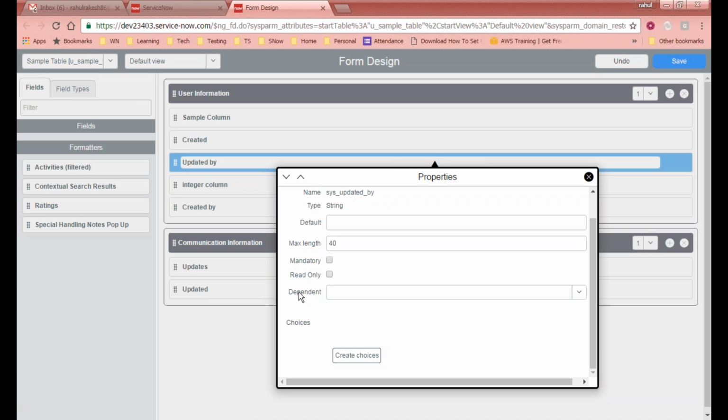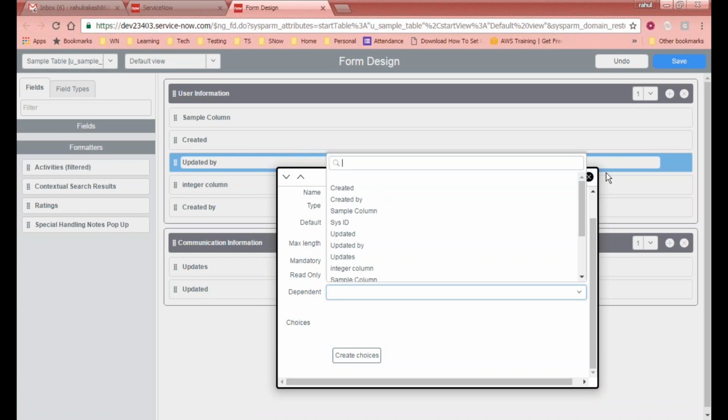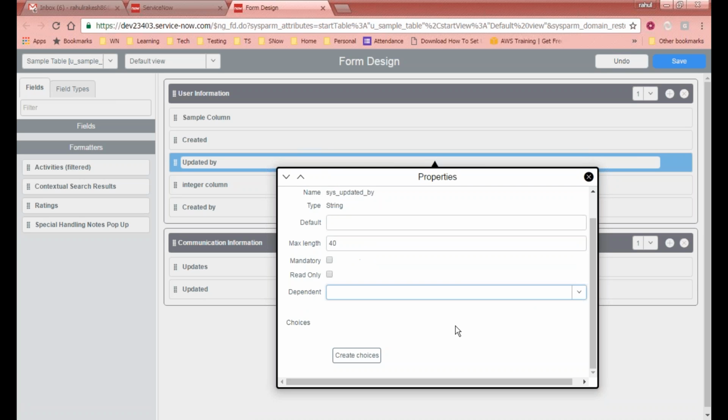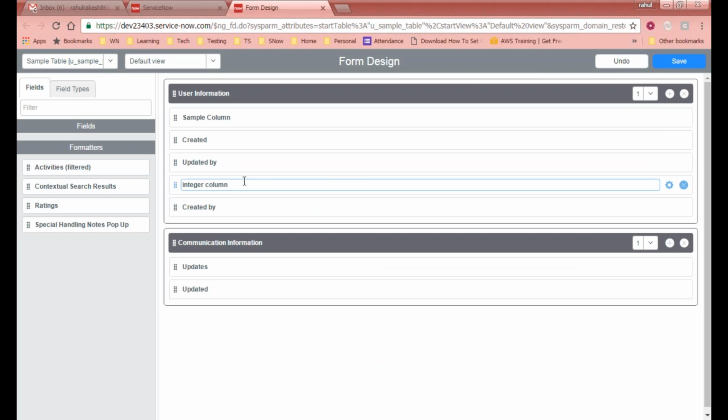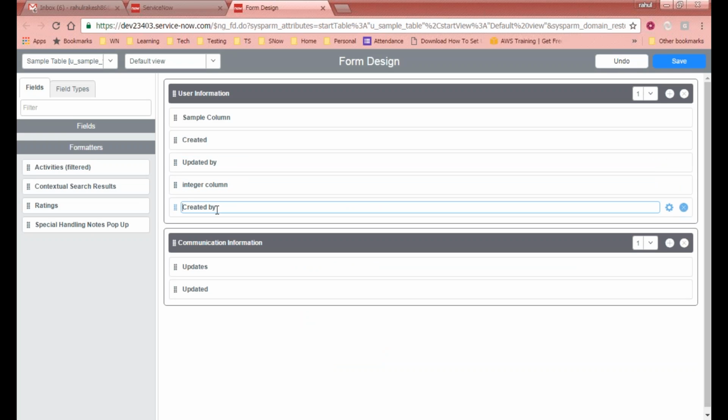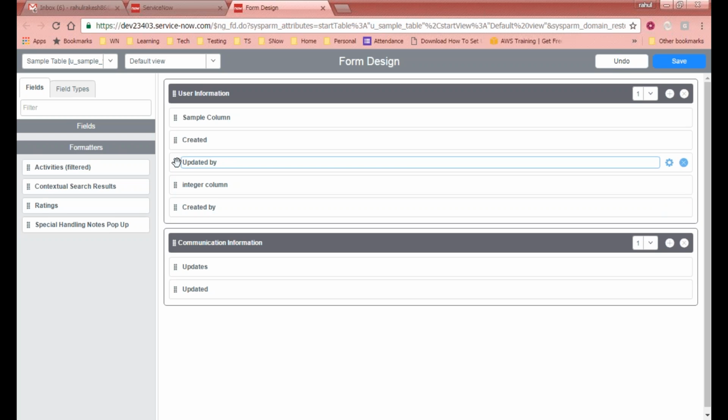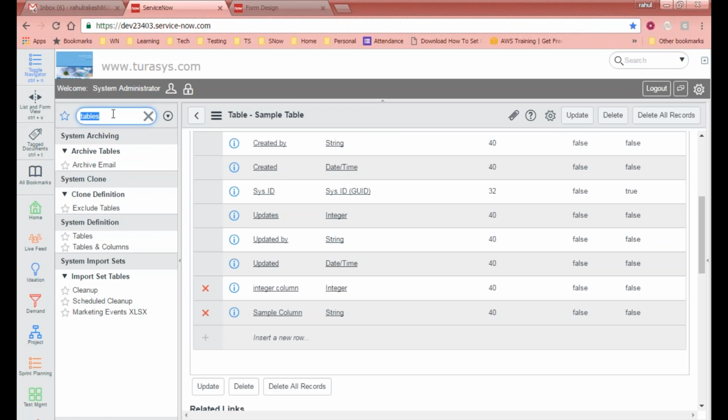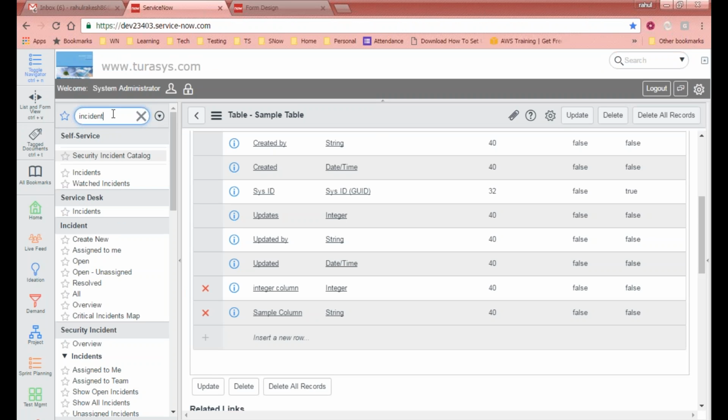There is one attribute that you see here, which is a dependent attribute. We will talk about what a dependent attribute is. Dependent attribute is, let's assume that this created by field is dependent on the updated by field. Or another example would be, if I go to the incident form,